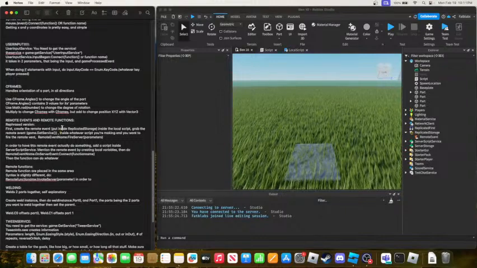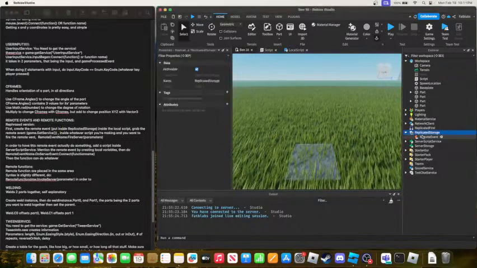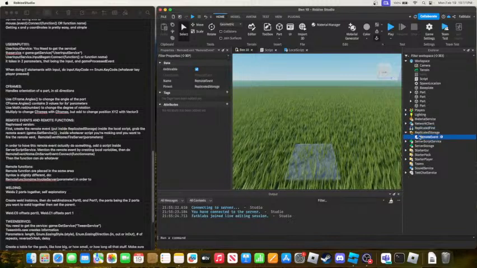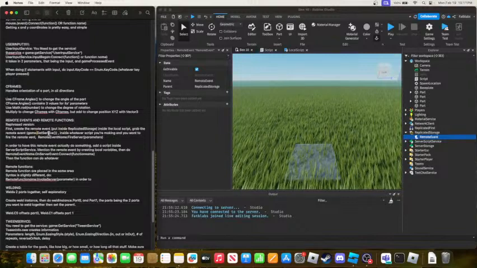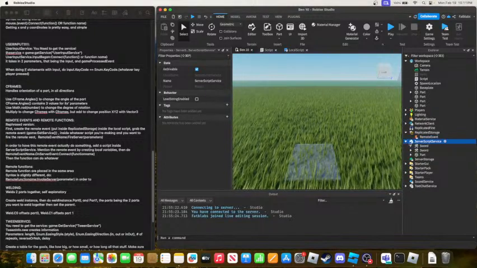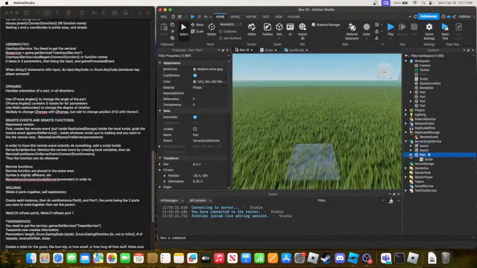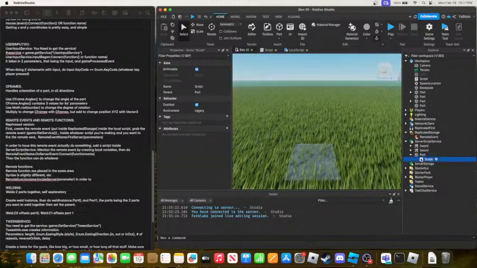Create a remote event, put it inside a replicated storage. What it does is grab the remote event, game get service. Get service inside whatever script you're making. Remote event. Actually, add a script inside the server script service. So on the server side, and you want to do something that's global, we would add something